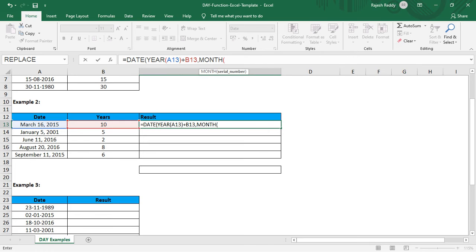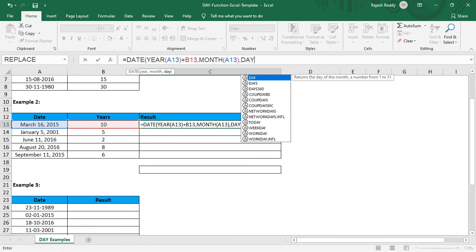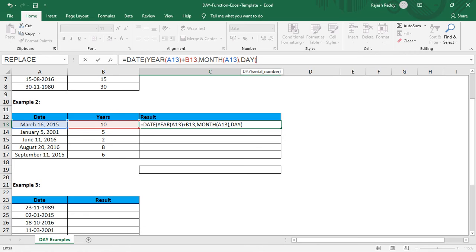Then select this cell again. Finally we need to select DAY. Select this cell again. Close this bracket and hit the enter button.